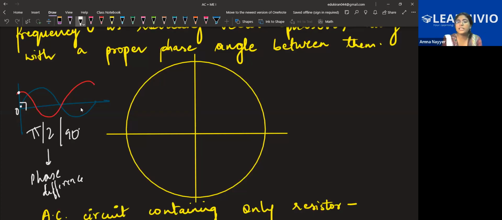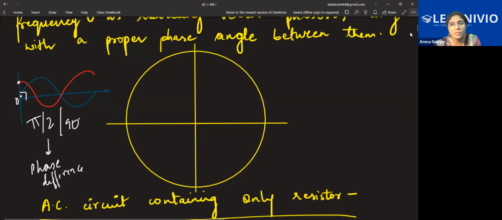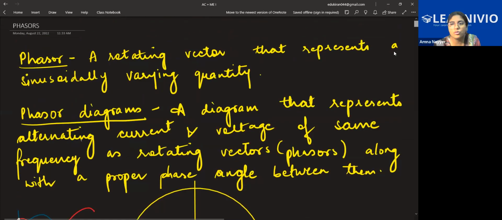Now, to represent this with a proper figure of a circle and its quadrant, we use the concept of phasor diagrams. We say that these currents and voltages are also vectors for us, just to represent them, because vectors have direction. If I say current is ahead of voltage, I'm giving a direction, and directions are not present in scalar quantities. That's why we use the concept of phasors. Phasors are rotating vectors. They cannot be solved directly, that we'll discuss later. A phasor is a rotating vector that represents a sinusoidally varying quantity.